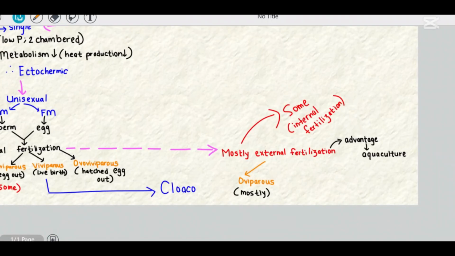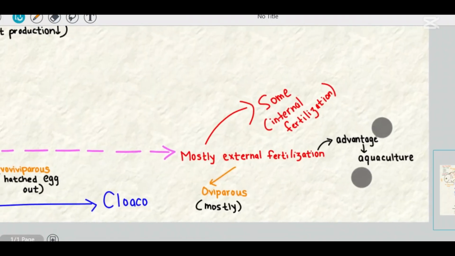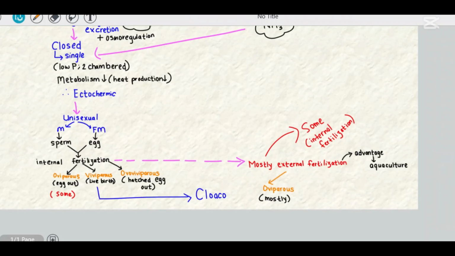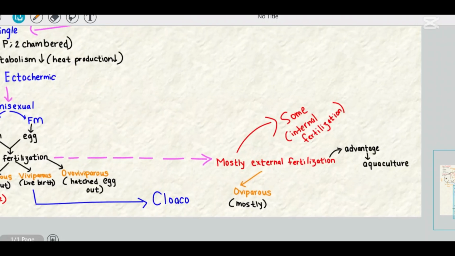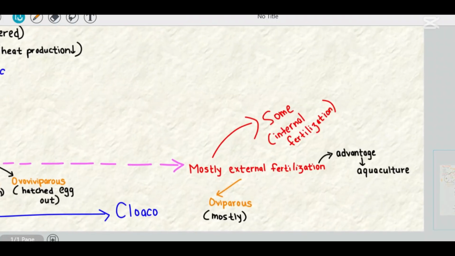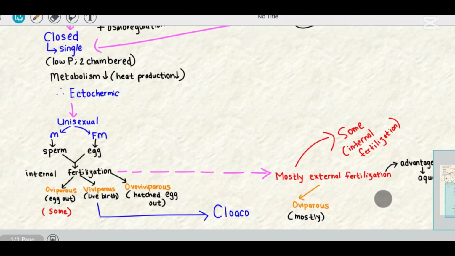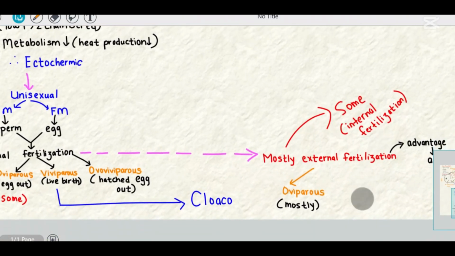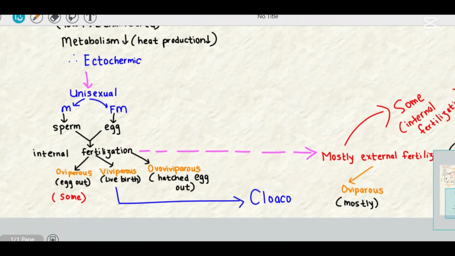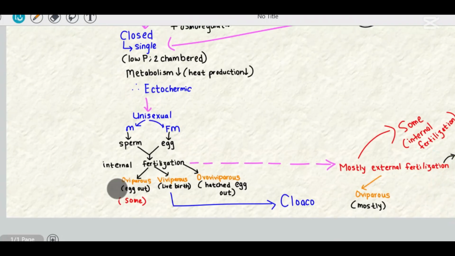There's another advantage of external fertilization. This comes under applied biology. So I'll be linking it here for relatability. One external fertilization advantage is that when it comes to aquaculture, if the fish is going to do internal fertilization, you have no control over the propagation of species. But when it comes to external fertilization, you can control it and you can easily develop the aquaculture. So that's an advantage. And you can see for Osteichtyes, it's going to be oviparous, which means most of them lay the eggs out. The difference in Chondrichtyes is that they have all three types, whereas Osteichtyes mostly it's